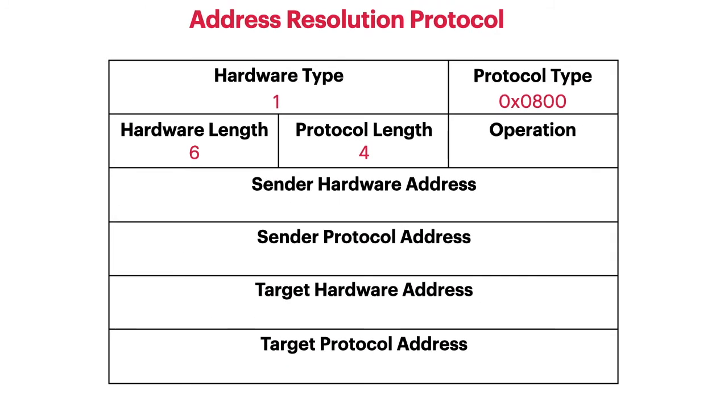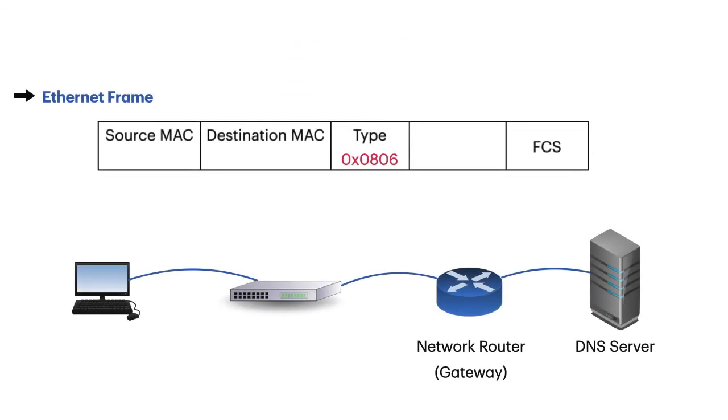In the ARP reply packet, the router fills its IP address and Ethernet address in the sender's fields, and the destination fields are filled with the address details of the computer. The operation field is now set to 2. Finally, the ARP reply packet is encapsulated in an Ethernet frame with the source MAC address as the router's Ethernet address and the destination MAC address as the computer's Ethernet address. ARP reply is unicast. Unicast means that only the desired computer receives the packet, others do not receive this packet.